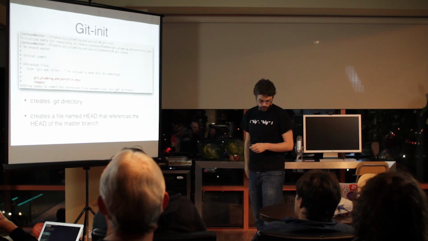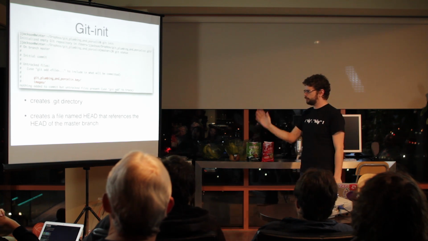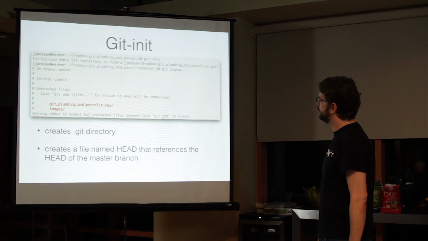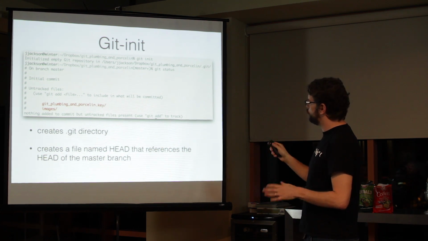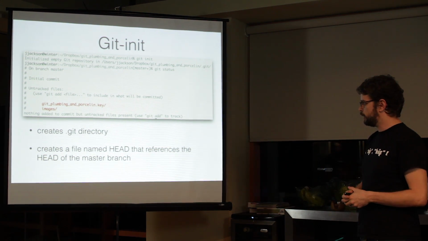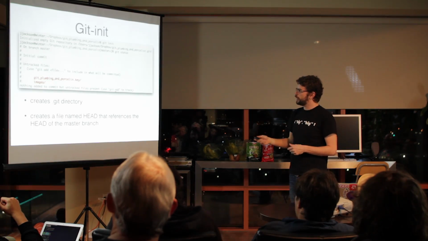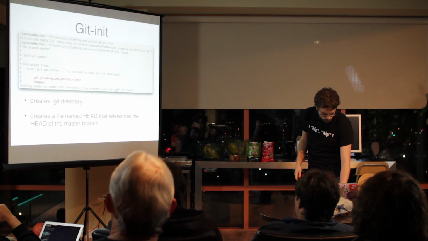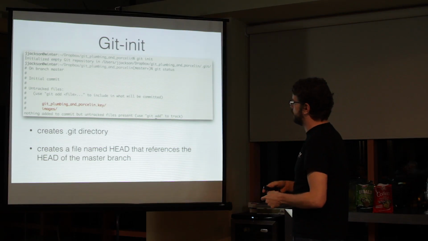This one is how you initialize a Git repo. Don't worry, I'm not going through all of the commands that you have to use, just a few. This is going to build a .git directory, and then it's going to create a HEAD file, and that just points to your master branch. But it's also going to do a whole bunch of things underneath the surface. It's going to create inside of the .git directory